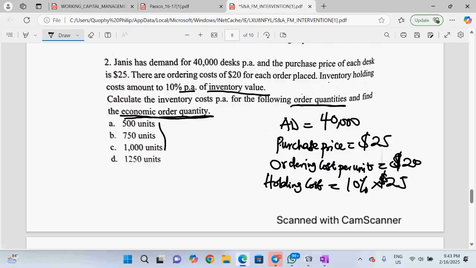So that's what we are coming to do. Which of them will give us the least cost? The one that gives us the least cost is the best. But it might be the best among the four of them, but then